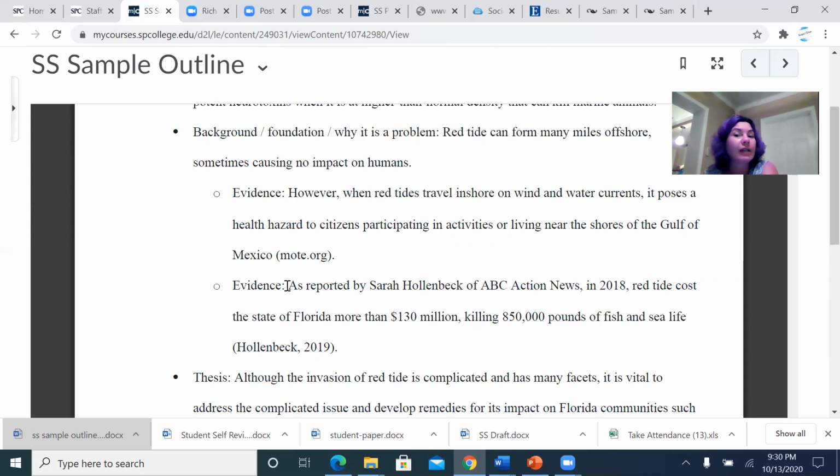The minimum was 3 sources, and at least one of them should have been a peer-reviewed scholarly article. That meant that we utilized the databases through SPC and that it was a peer-reviewed scholarly journal. It's written by experts for experts. The idea of this is that we're exposing ourselves to complex text and looking at how other experts and other educated people write within this field. So that is our goal, to build our writing craft, our skill, okay?